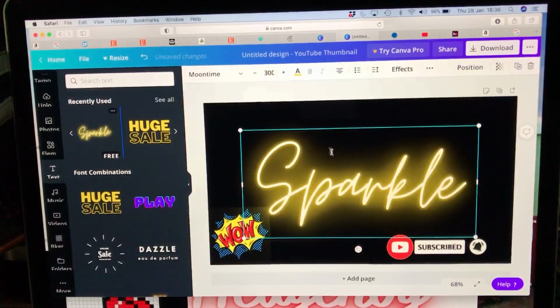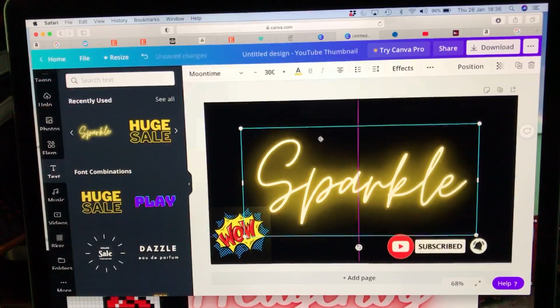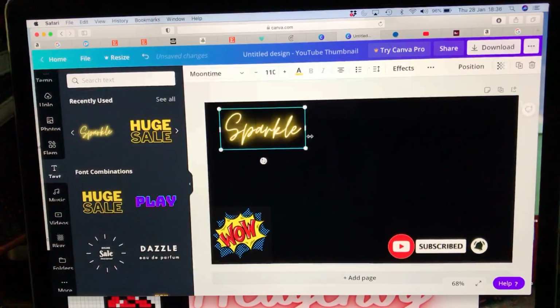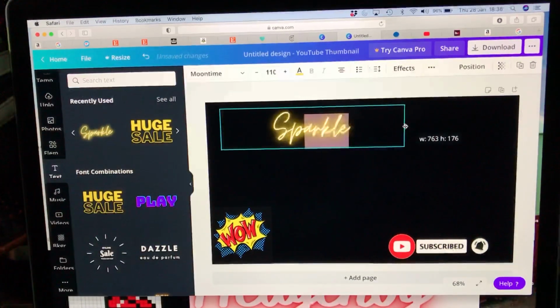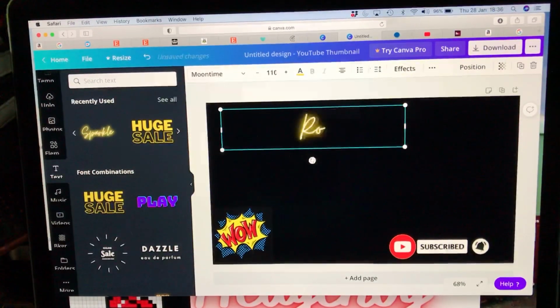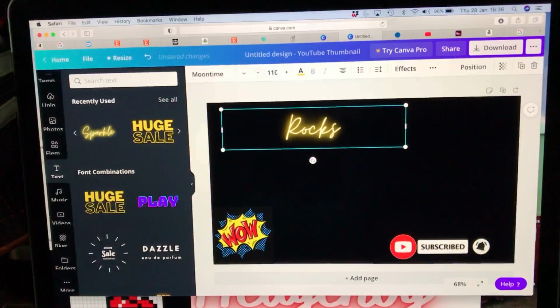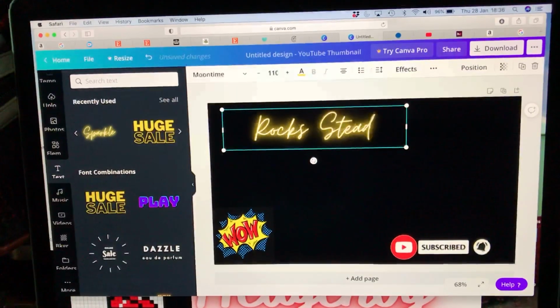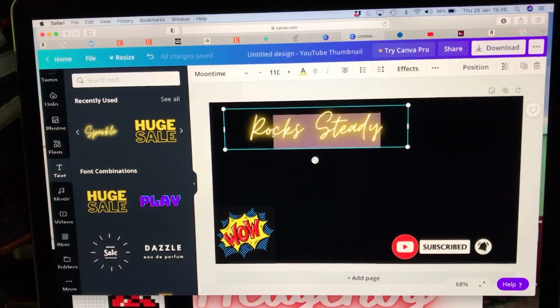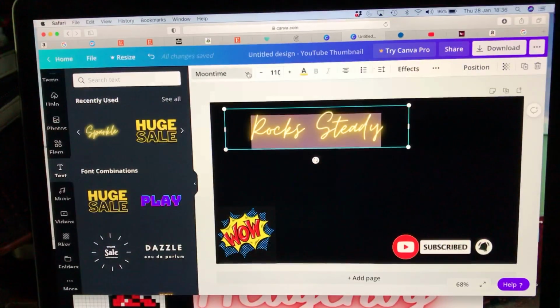So if I get that on the screen, you can see it's got a shine to it. Now you can just make those smaller. And if you drag it out, then you can type in just backspace. And if I wanted to do rocks steady, there we go. If I didn't like that, I could just highlight it, use this drop down box, and